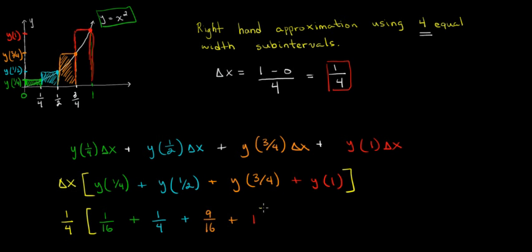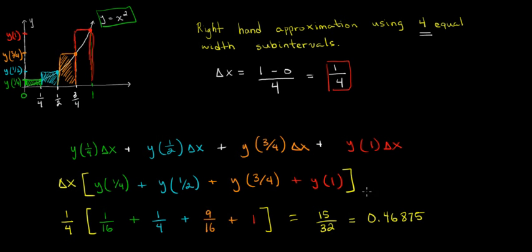So I have all these values here, and I'm going to leave it up to you to calculate this, but if you do run the calculation, you should get 15 over 32, which is equal to, and I have the decimal right here, 0.46875. So go ahead and verify that. And that's it. That's the approximation underneath, or I shouldn't really say underneath the curve, because again we're including some